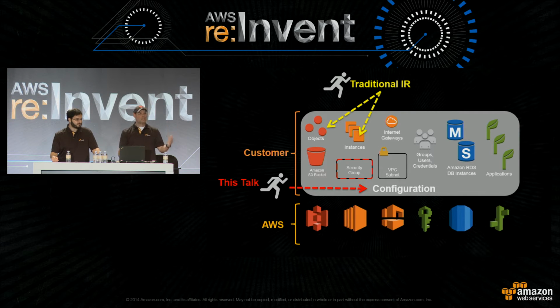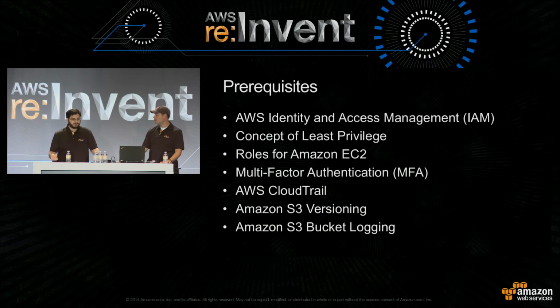And just like in the previous talk with intrusion detection in the cloud, we mentioned a lot of prerequisite knowledge that we expect our customers to have when they're going to be investigating an incident specific to their AWS environment. What are those? So to condense that down to about 2 minutes, we hope you're all already using AWS Identity and Access Management. In particular, if you were to have a credential exposure, you will be a lot happier if that credential has some amount of least privilege applied to it.